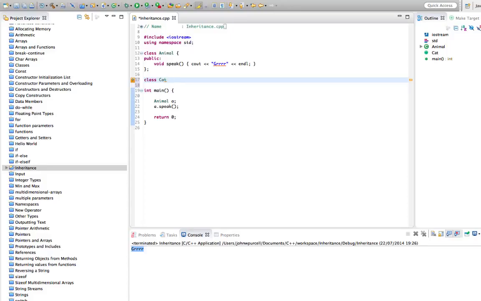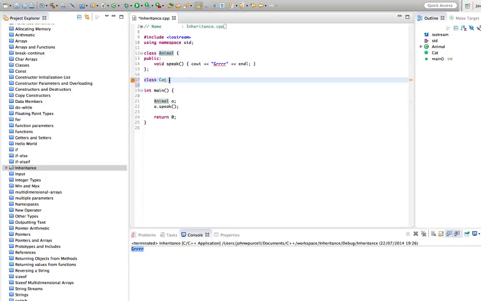So we're going to take classes and we're going to create child classes from them, or subclasses you can call them, and the subclasses are a type of whatever the so-called superclass is. So animal is going to be the superclass, cat is going to be